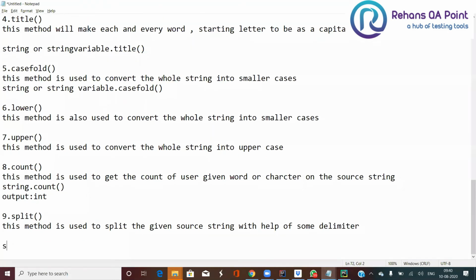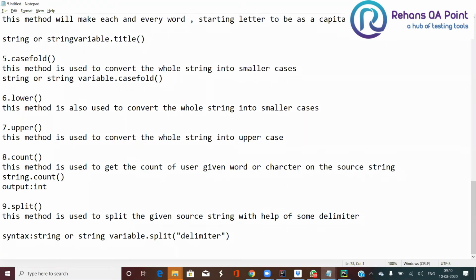The syntax is going to look like string or string variable dot split, and we have to pass the delimiter. Based upon what delimiter you have to break your string.